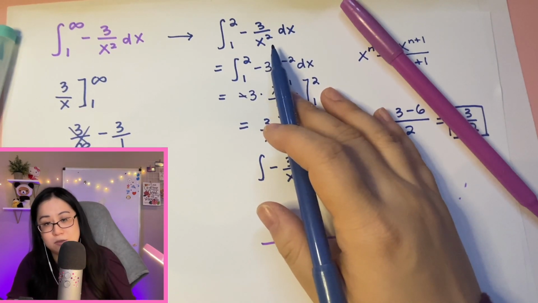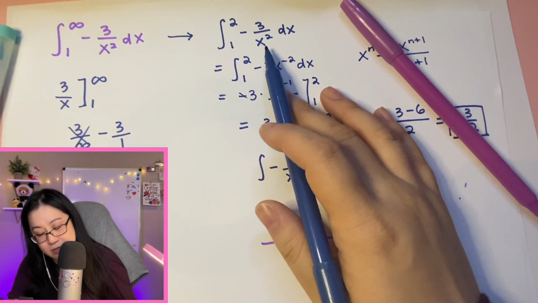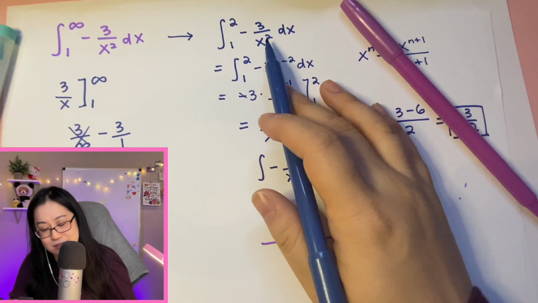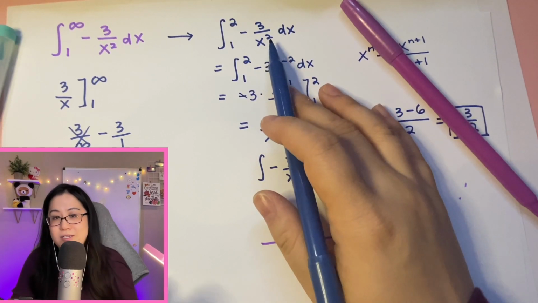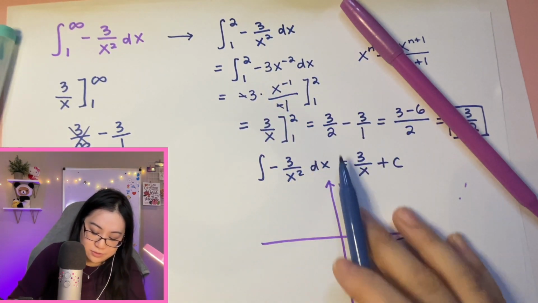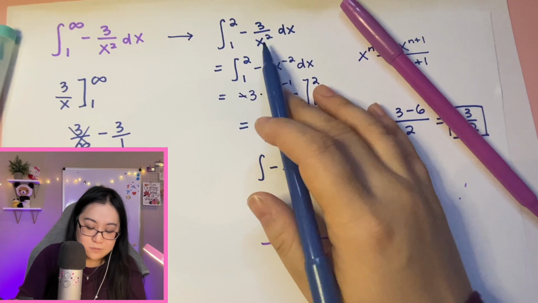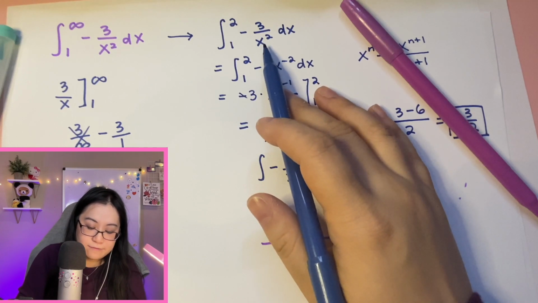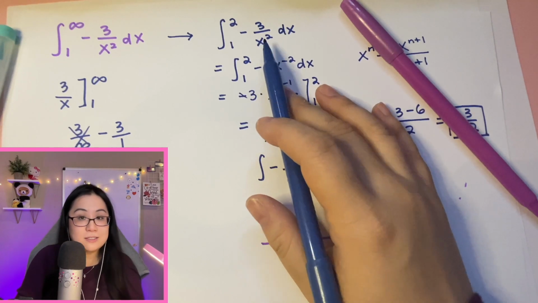It can't equal 0 because we can't divide by 0. If x equals 0, we'd have 3 over 0. Dividing by 0 breaks math. So there's actually a vertical asymptote, meaning we'll never touch x equals 0 in our graph, but as x approaches 0,